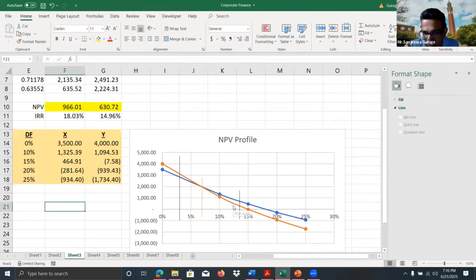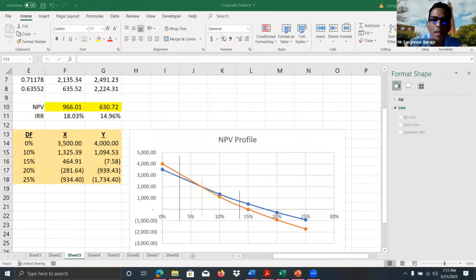And when you look at this graph, can there be a conflict between NPV and IRR rankings at different costs of capital? There can be a conflict, or there is no conflict. Is it possible? Yes or no to have a conflict? If the NPV profiles of the two projects are given in this graph, there can be a conflict or there cannot be a conflict. What do you think?